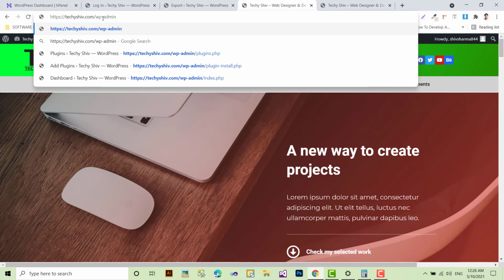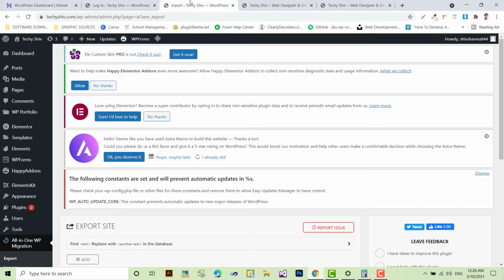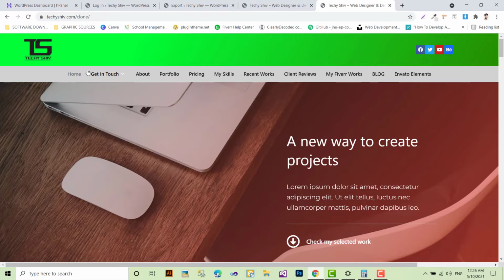Okay, so when you type it you will get this type of dashboard, but when you type the new password here in the clone, it will not work, because when you clone it, the entire database and the username and password are copied to the new directory, so you lost your username and password.